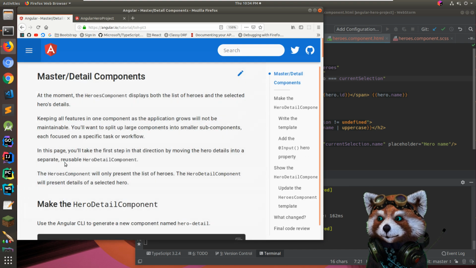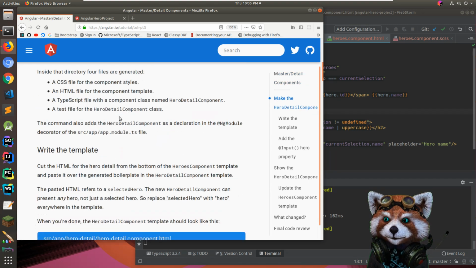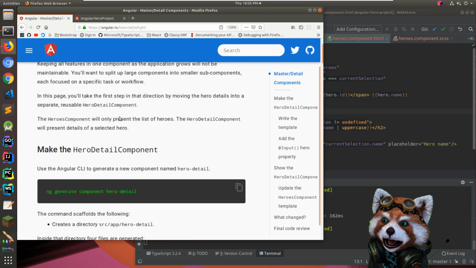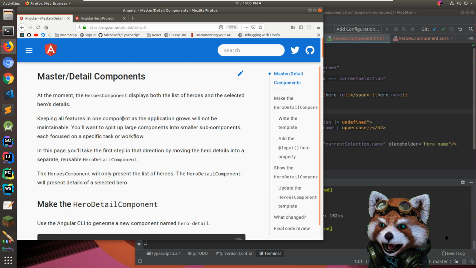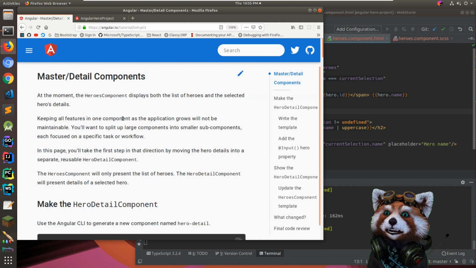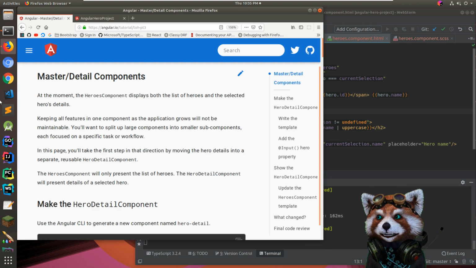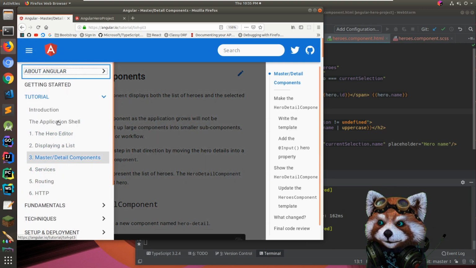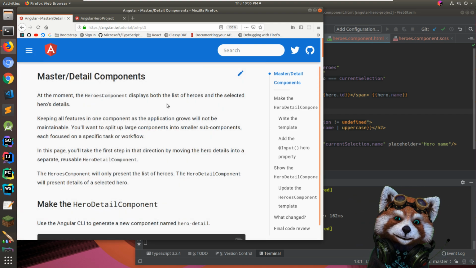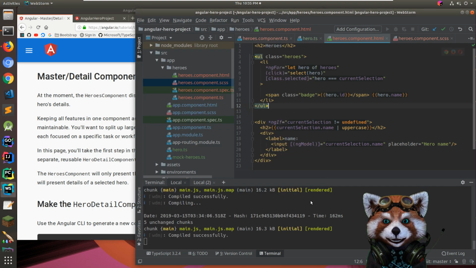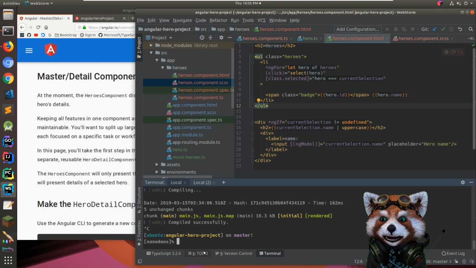So, master detail components. Now wait a second. Oh, this is where we're actually going to swap out two components. So it looks like we're going to jump back and forth, and then it's going to introduce the routing to jump back and forth between them, I think. Okay, cool. So I'm actually going to